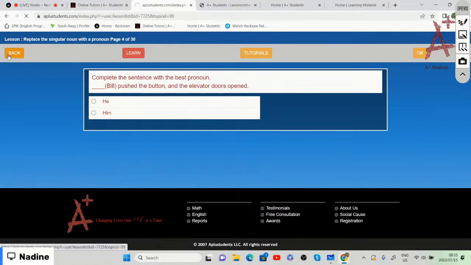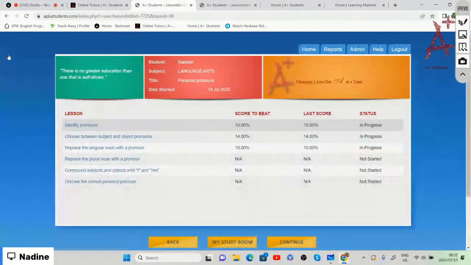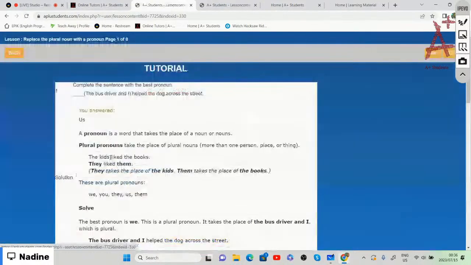All right, so that is on replacing the singular nouns with a pronoun, right? Remember, singular nouns refer to one person, one place, or one thing. Now we're going on to the next one that says replace the plural noun with a pronoun. Earlier on we did replacing the singular noun with a pronoun. Now we are going to replace the plural noun with a pronoun. And we say that a pronoun is a word that takes the place of a noun or nouns,